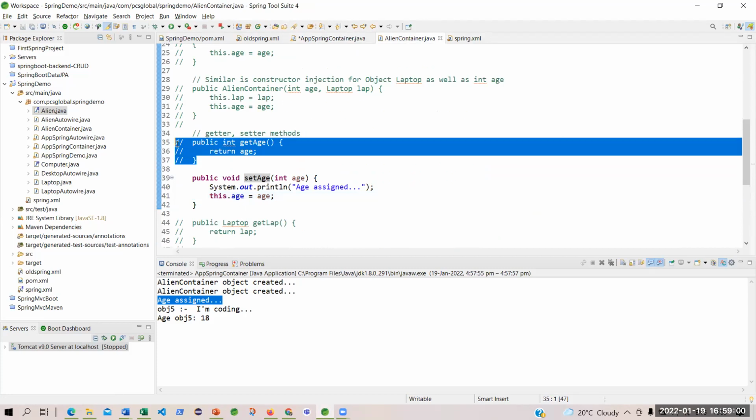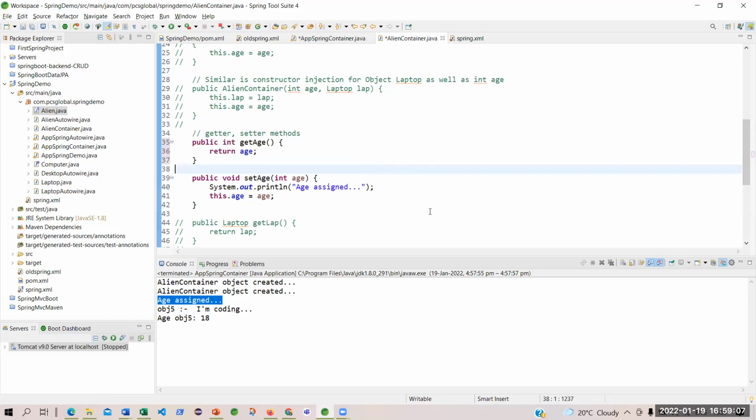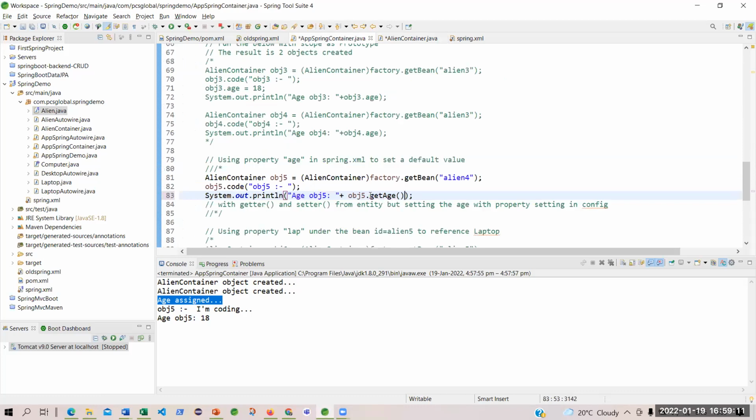Now I defined it. Are you getting me? There are two ways. Either you can directly mention obj5.age, because the property has been set, the value has been set. Therefore, you can directly display it, or you can use getAge.